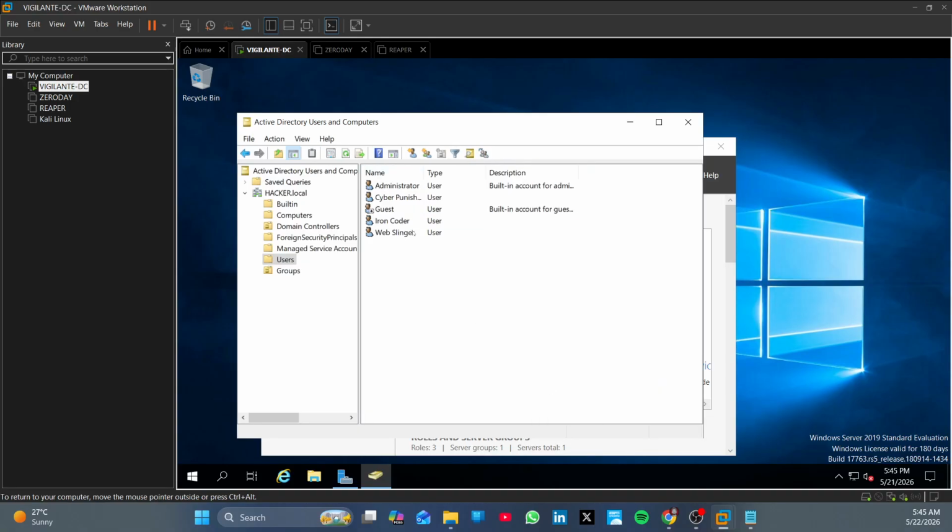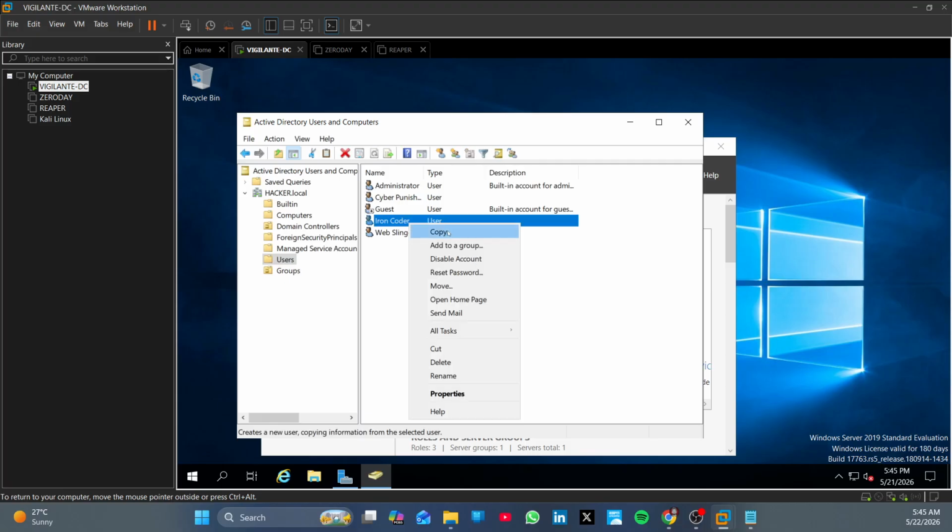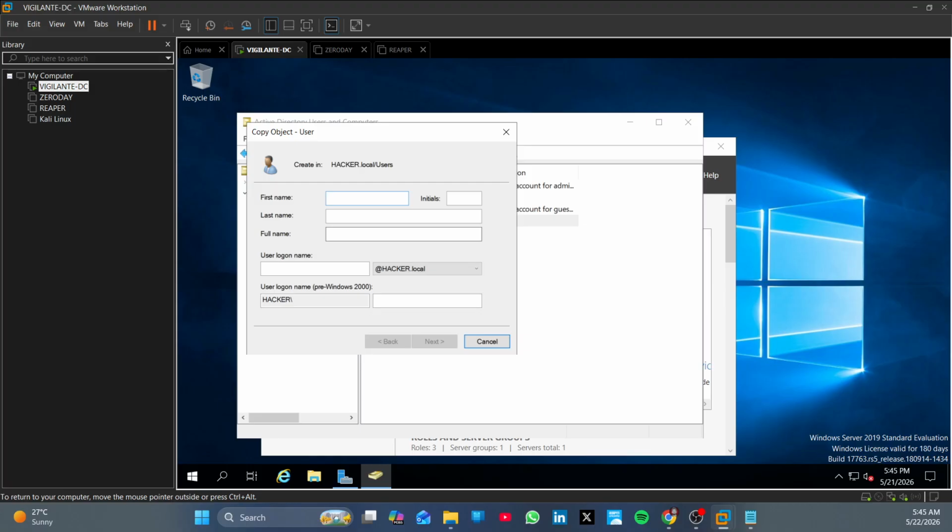So let's cancel. Now copy the Iron Coder again, and we are gonna make this a SQL Service Account, a domain SQL Service Account. Now your service account should not be a domain administrator account, but I would say probably 50 to 60% of the time that I am doing a pen test, the service accounts are domain administrators, and I will show you why here in just a few videos, why it's bad and what we can do to attack those accounts that are domain administrators. So from here, let's just call this SQL